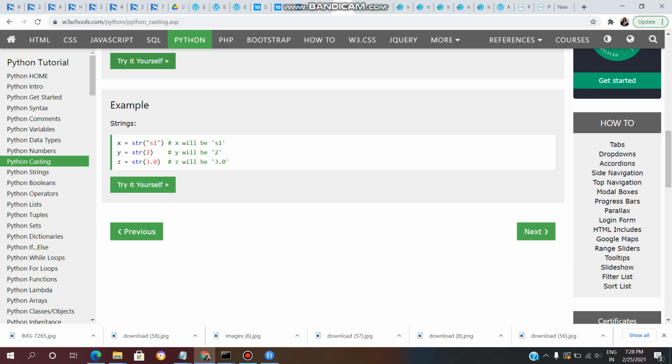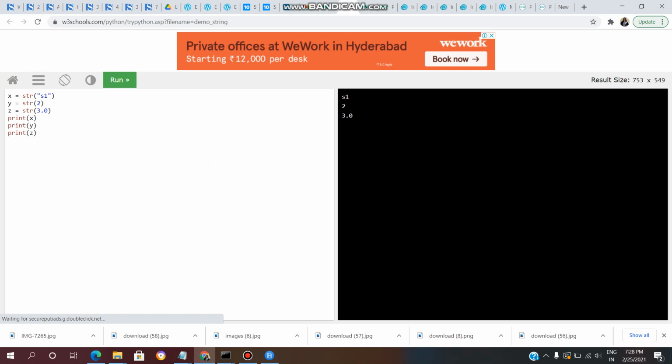Now we will see how to convert any data type to string. We will see practically. Now click on try it yourself. Now click on run. Here we have taken s1. This is the string. 2 is an integer. 3.0 is a float. Now we are converting any data types to string by using the str function. Here you can see s1, 2, 3.0. All these are strings. If you want to know the type of x and y and z, use